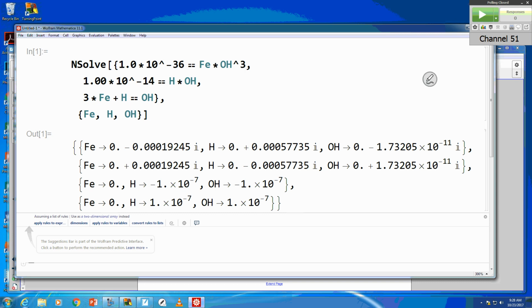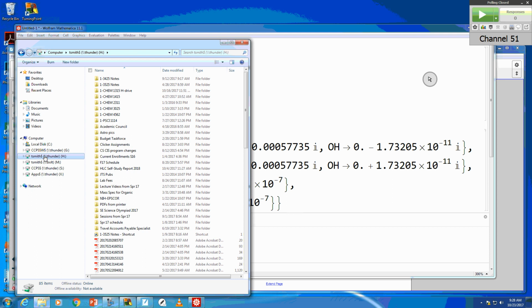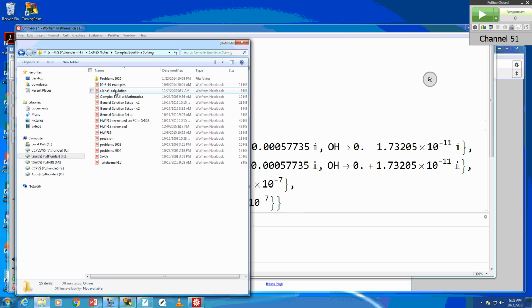So I've worked with Dr. Moretti, and I should have probably come up here and tried this on this computer. You can change the precision on these new computers so that it changes the